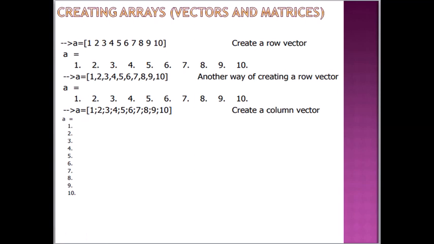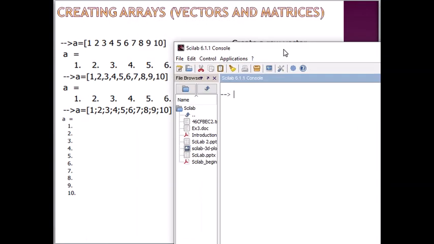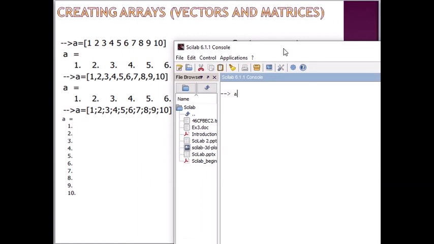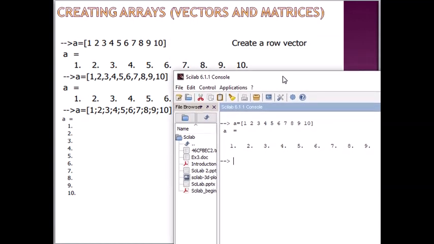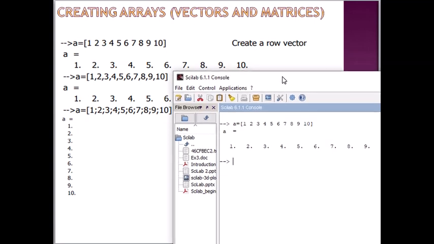If we write a is equal to 1 2 3 4 5 6 7 8 9 up to 10, then we get the row vector.